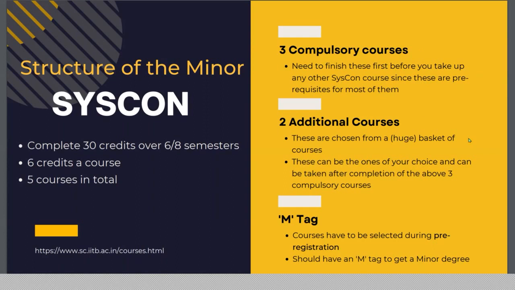And to get the degree, you need to have the M tag, which means you have to select your courses during pre-registration. And if 5 of your courses have the M tag, you'll get a minor, which is something you all must be aware of. If you want to see the list of the additional courses that you can opt for, you can go to this website here,